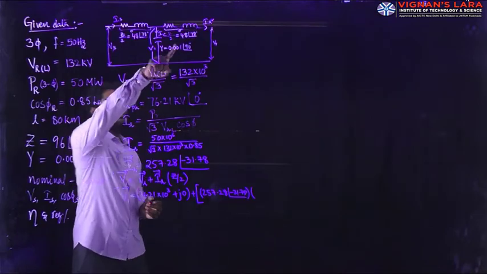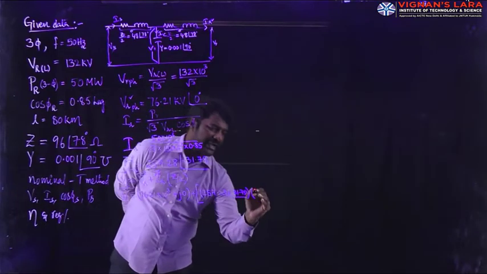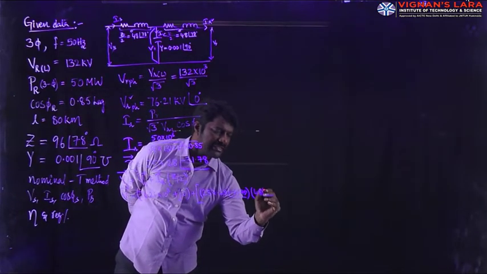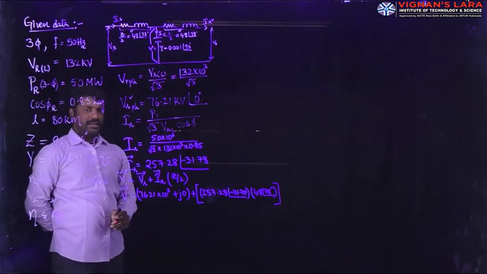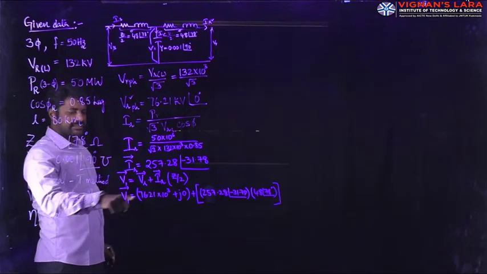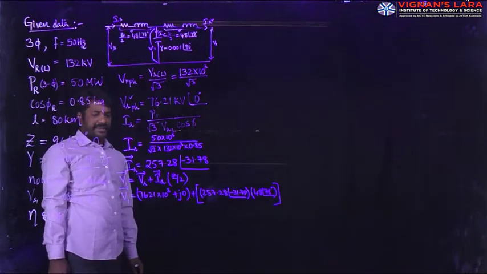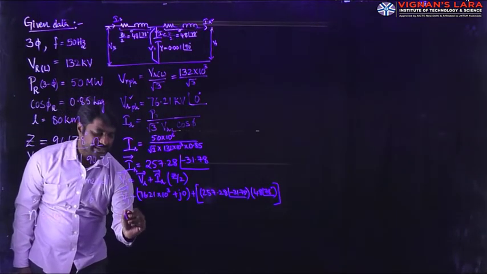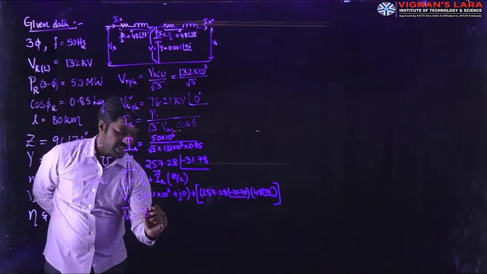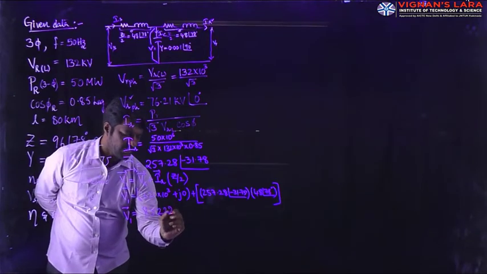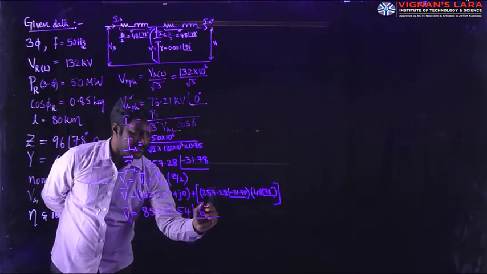Yes, in the problem we know that its value is 48 ohms at an angle 78 degrees. Same thing I am writing here: 48 ohms at an angle 78 degrees. It is to be multiplied like this. A simple KVL. In the KVL process also we know that V1 is equal to VR plus IR into Z by 2. So simplifying in the calculator, you will get the voltage across the capacitor, V1, which is equal to 85,222.54 volts, which is a leading phasor by an angle of 6 degrees.